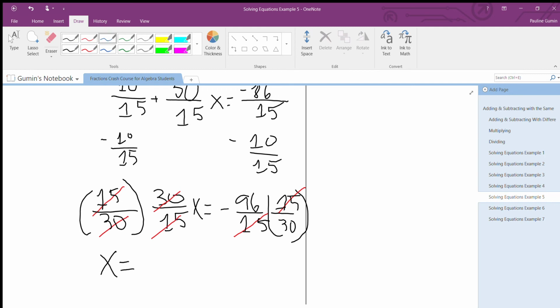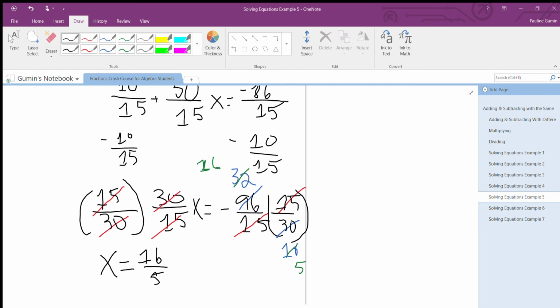And we can actually reduce 96 and 30 by 3. So I'm dividing both by 3. Oh, you know what? I can take this even further. I can reduce the 32 and the 10 by 2. So I guess I could have reduced it by 6, but it is what it is. So what am I reducing by? Oh, by 2. So then we have 16. Okay. Don't always know that you can reduce right away by 6, but